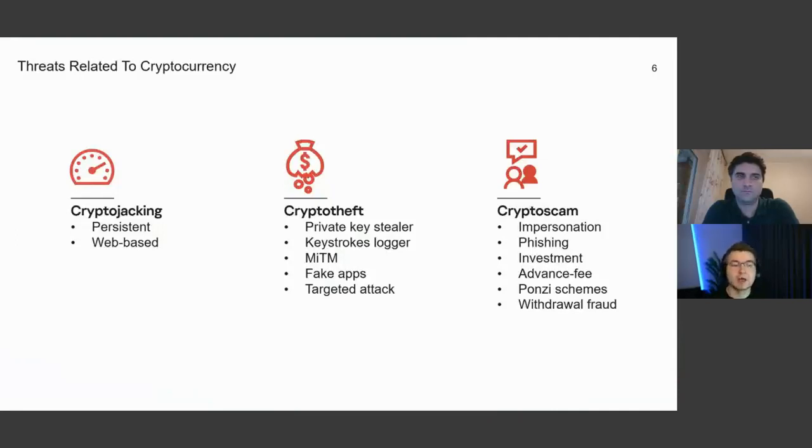So first of all, cryptocurrency threats 101. There are three classes of cryptocurrency threats that we recognize. The most benign of them just use your CPU and RAM and the power of your computers to mine cryptocurrencies. Although this is still technically illegal, this is malware. We call it the cryptojack class. It is not as harmful as directly stealing from your pocket, which is much more.